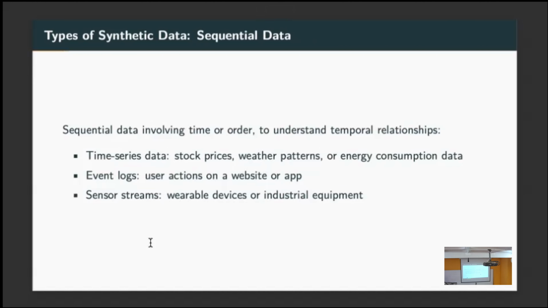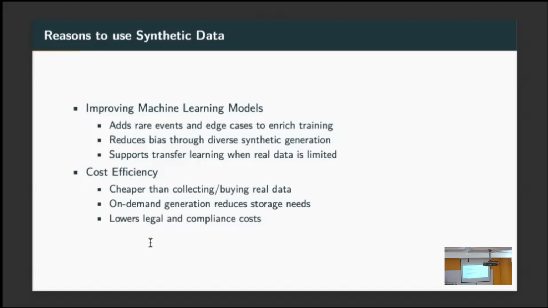So if we have the possibility to generate our own data, we can improve our machine learning models. We can even target some specific events like rare events or edge cases in training. We can reduce bias so that we can have better quality in data, or support transfer learning when we have